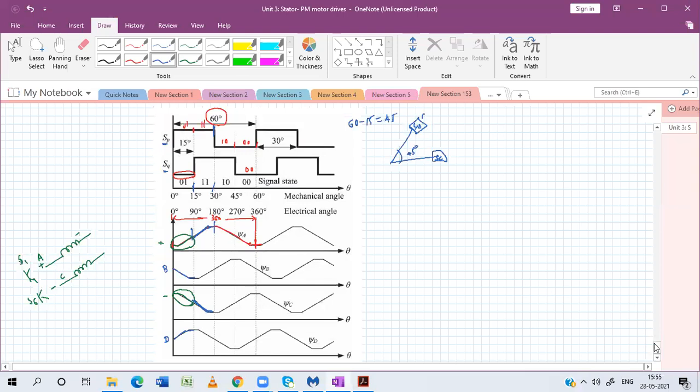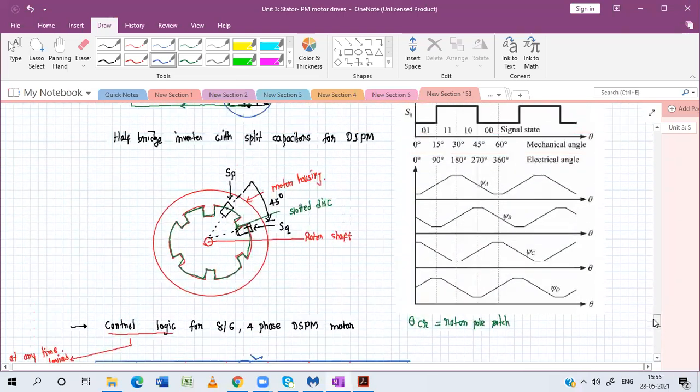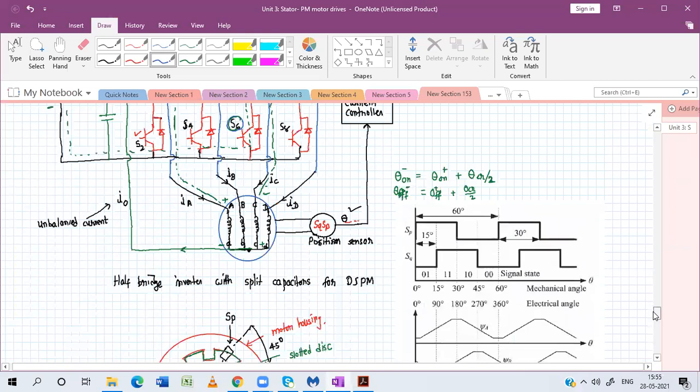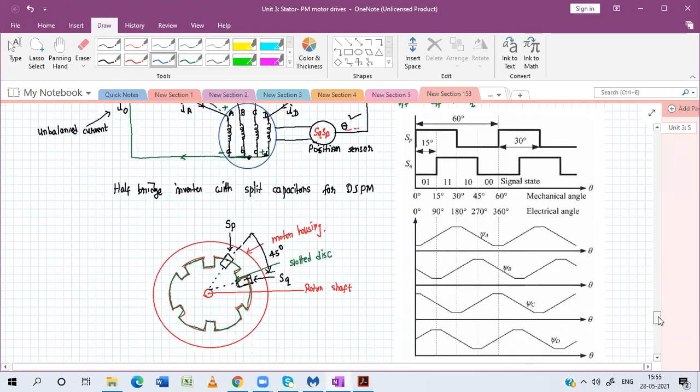So here we have completed one topology, which is a half inverter with a split capacitor with a position sensor, and the position sensor has two optocouplers which are put at 45 degrees. We have seen that if you put two optocouplers at 45 degrees, then how the phases conduct and what should be the shape of inductance, or in other terms, the profile of the flux linkages for the different phases. I hope that up to here it is clear.